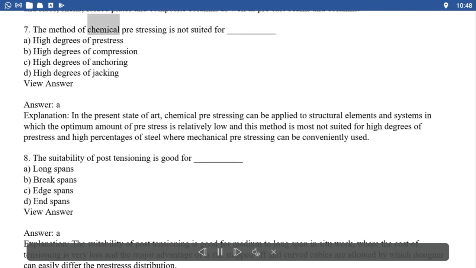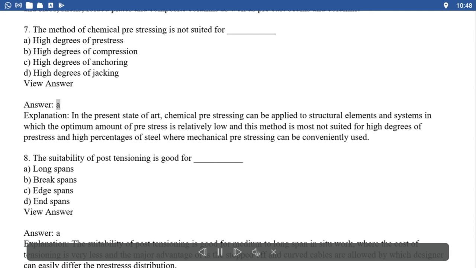7. The method of chemical pre-stressing is not suited for A. High degrees of prestress, B. High degrees of compression, C. High degrees of anchoring, D. High degrees of jacking. Your answer: